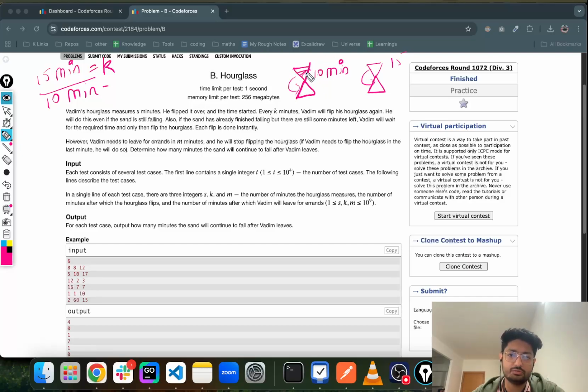So whenever you turn the hourglass after 15 minutes, you'll flip it. The hourglass is just like a new hourglass. It just again has all the sand here. It will take 10 minutes to drain and all that stuff. Which means that